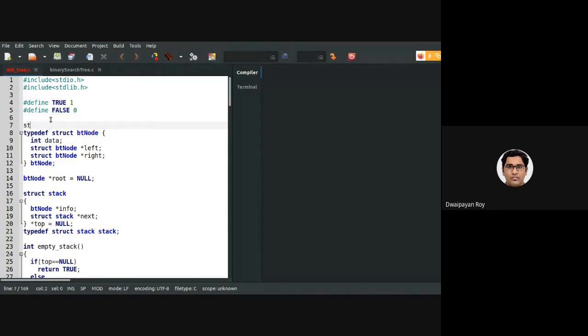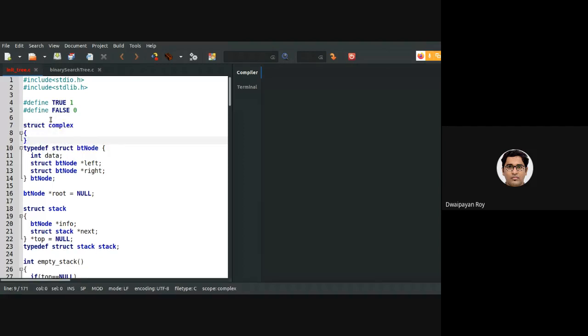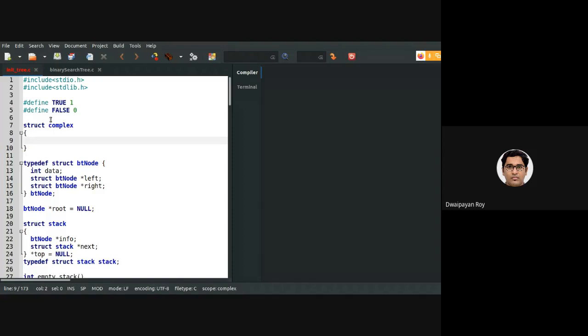It might be the case that I have to declare another struct, say complex, which contains two floating values. Let's not consider it as complex. Let's call it location. One is called lat, and another is called long. So basically, this location structure contains two attributes, latitude and longitude.